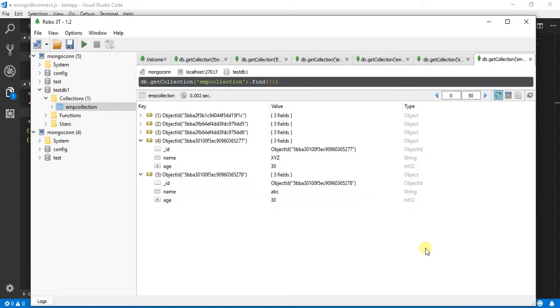So this is how we can use insert in our MongoDB